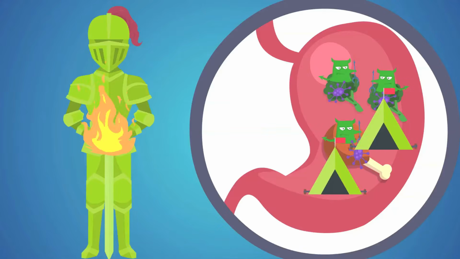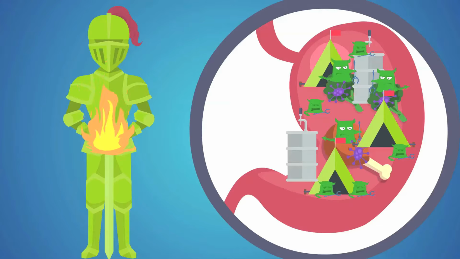So when a person is not making enough stomach acid, the bad guys come in, they're like, hey, check it out. This is nice. Let's set up camp. Let's have a keg party. Let's raise our kids. They start to replicate. They start to take over in the stomach. And a big problem is that a waste product from a lot of these microbes can be very alkaline, and it can further alkalize the stomach, reducing your ability to break down your food even more. So you can see that this can be a really big problem.